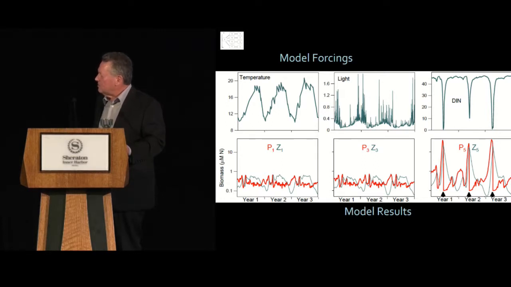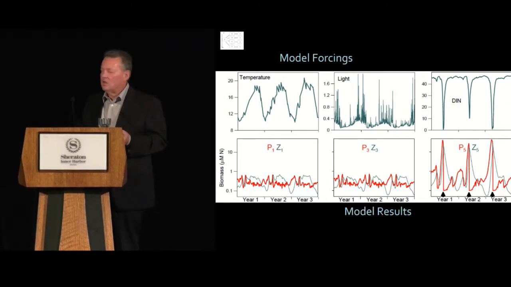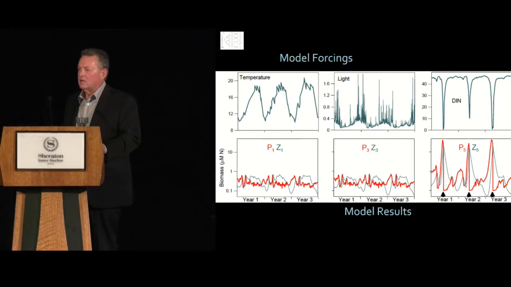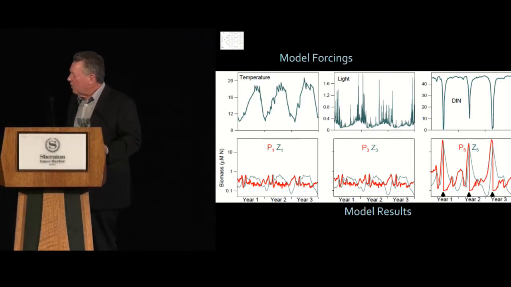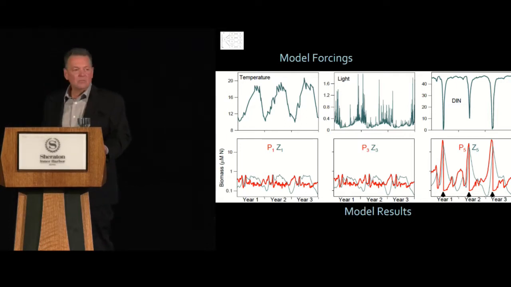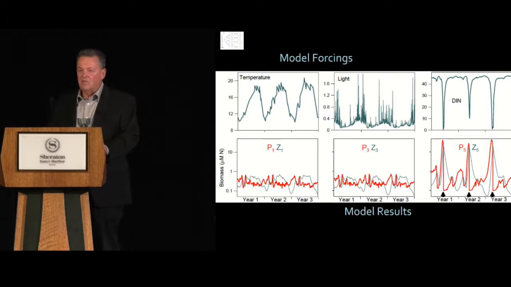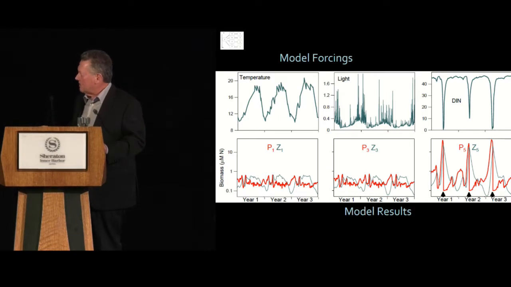And as those blooms peak, they draw down the pool of dissolved inorganic nitrogen to levels that are near detection. And this is a pretty characteristic feature of San Francisco Bay. Spring blooms of large cells that during some years draw down the pool of dissolved inorganic nitrogen to very low levels. But the point is that the large cells behave in this model very different than the small cells. And that behavioral difference has in its roots differences in size-based rates of growth and grazing, as I'm going to